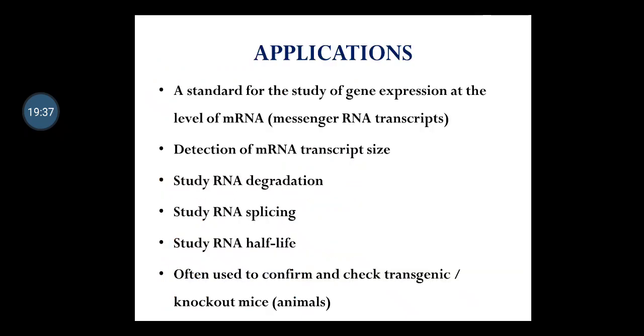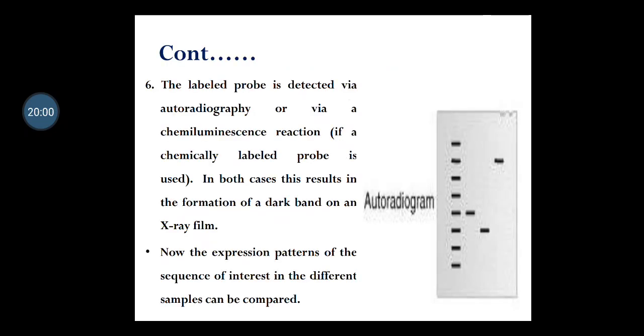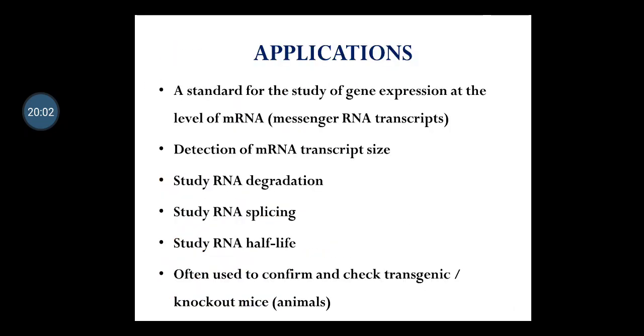These are some references, but before jumping from the references to the application, there is one scientist, named Thomas. In the year 1980, he found that the mRNA bands can also be blotted directly onto nitrocellulose paper under appropriate conditions, and it can be hybridized with a labeled DNA or RNA probe.